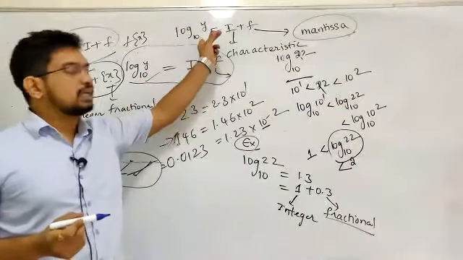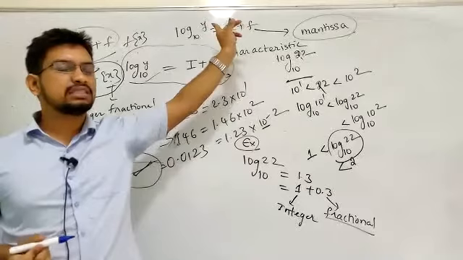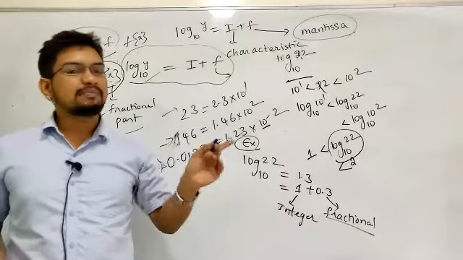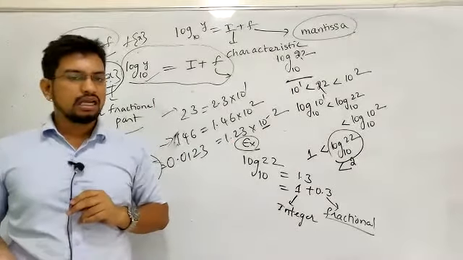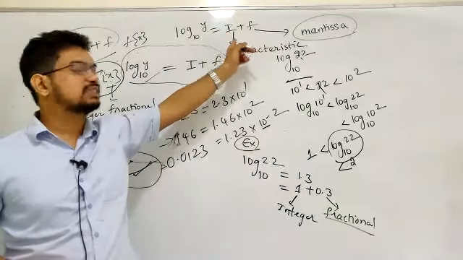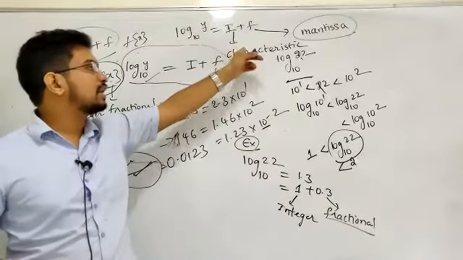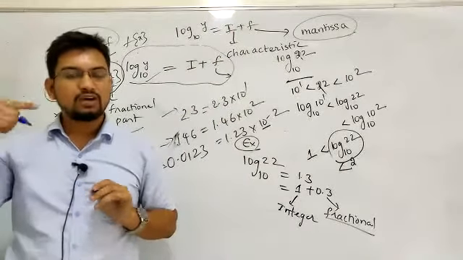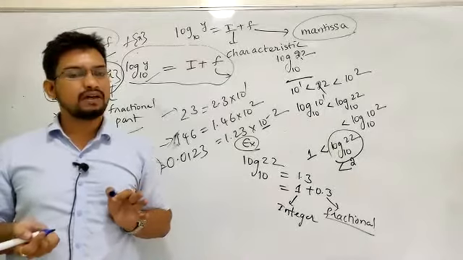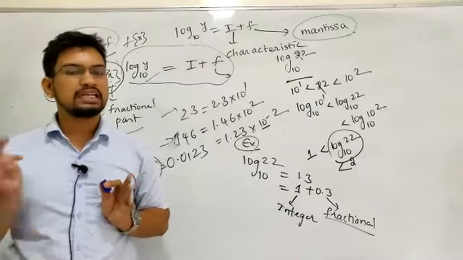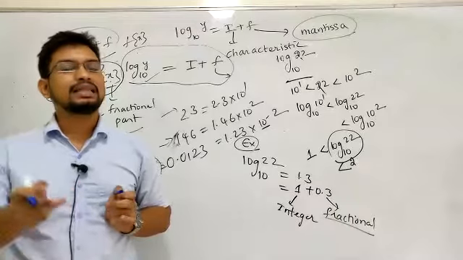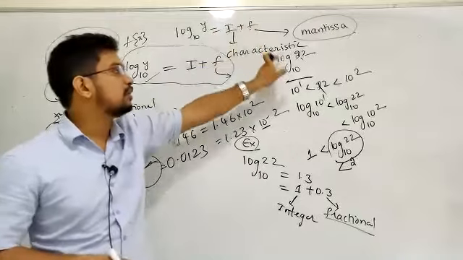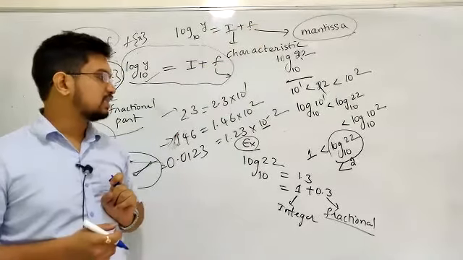Every logarithm to the base 10, every common logarithm, if I'm taking the base as 10, this is called a common logarithm. Every common logarithm has an integer part and also a fractional part. So this integer part is called the characteristic and the fractional part is called the mantissa. And in normal functions or algebra, we call it integer part of x plus fractional part of x. In terms of logarithms, this will be called the characteristic and this will be called the mantissa.